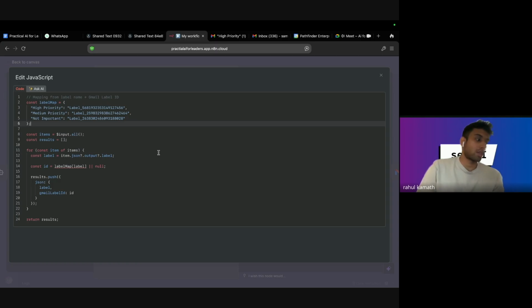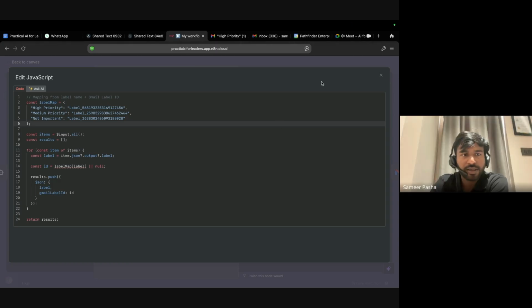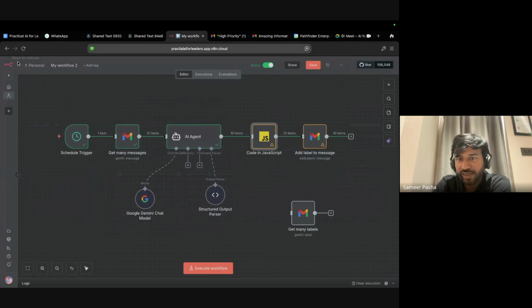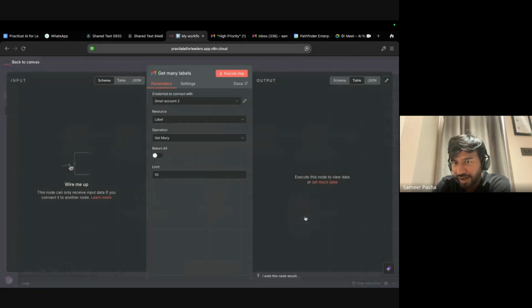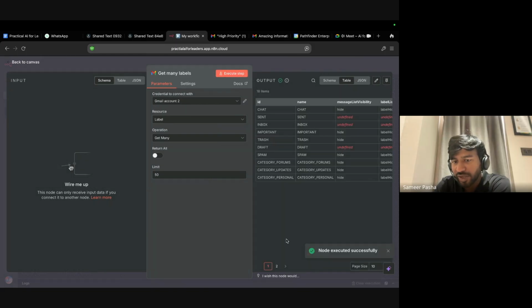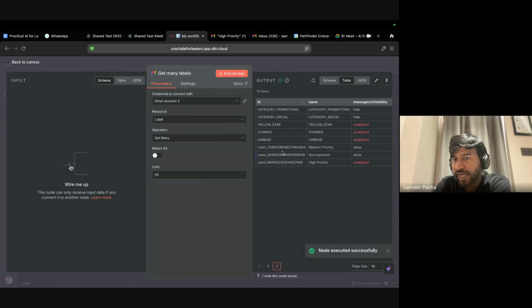It's basically the label ID which is wrong at the moment. These are mapped to our Gmail account. You just have to replace them with whatever you get once this node execution is done. That's all.